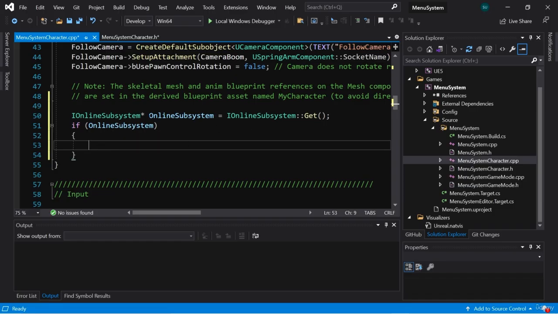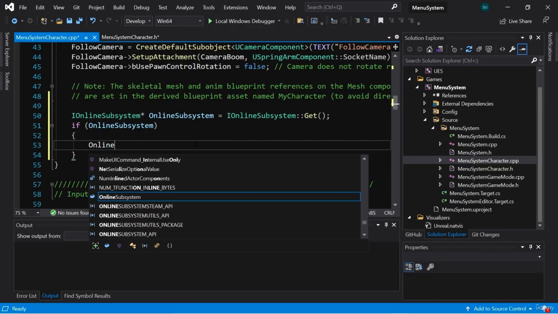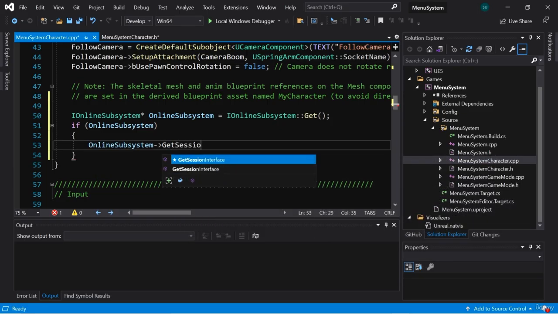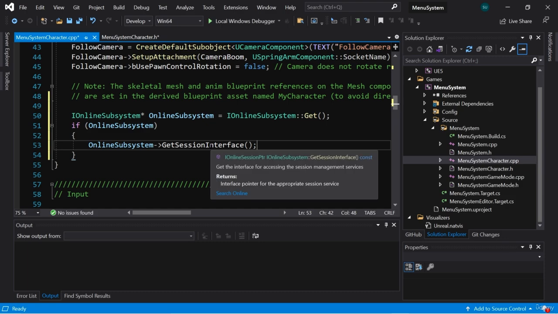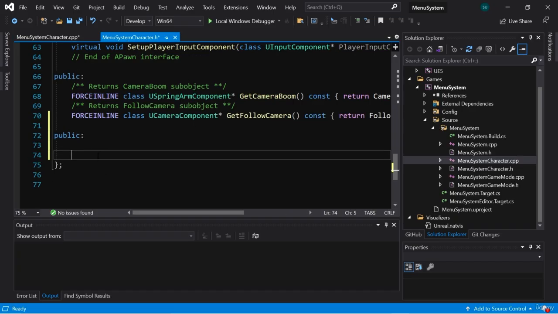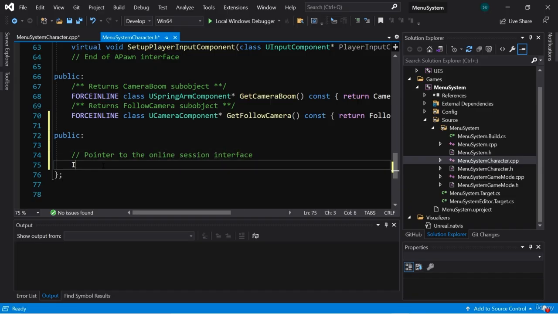Now from the online subsystem, we can access the session interface. We can do that using our online subsystem pointer to access the function GetSessionInterface. Now this function returns an IOnlineSession pointer, and I'd like to store this in a variable. So let's go back to MenuSystemCharacter.h, and I'm going to add a comment that says pointer to the online session interface. And this will have the type